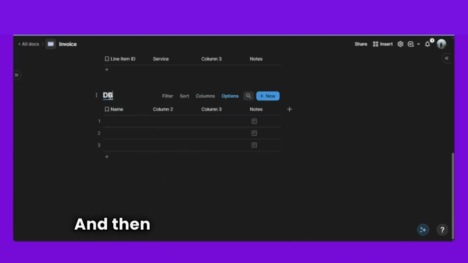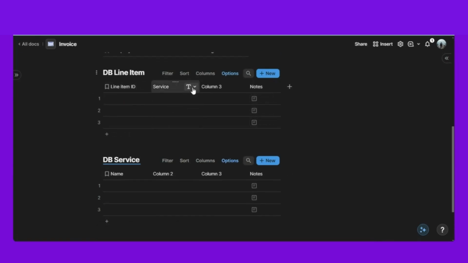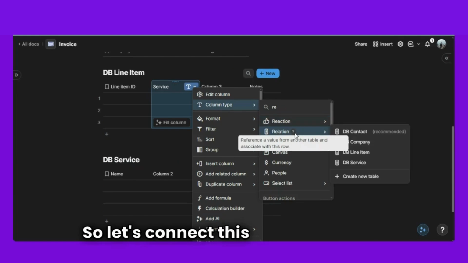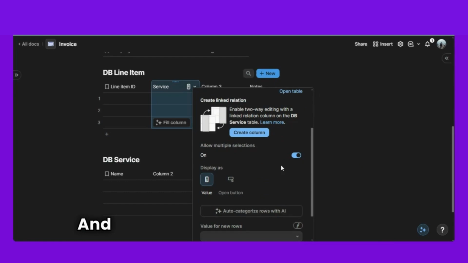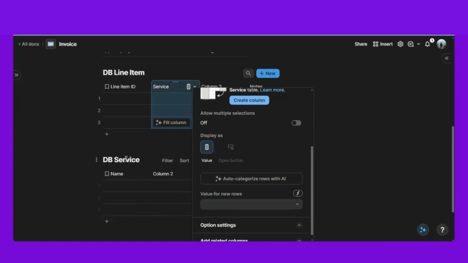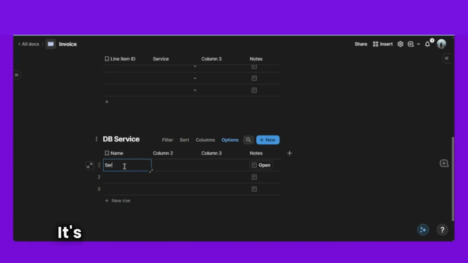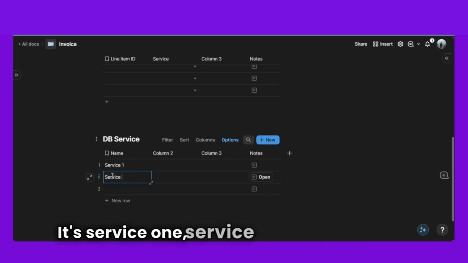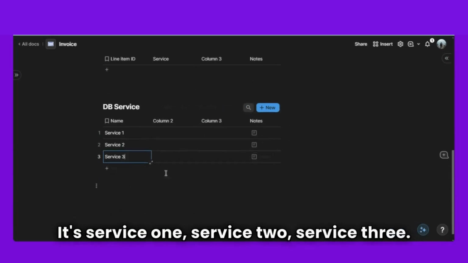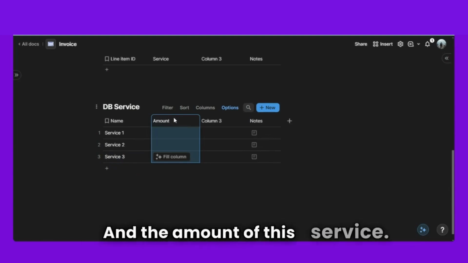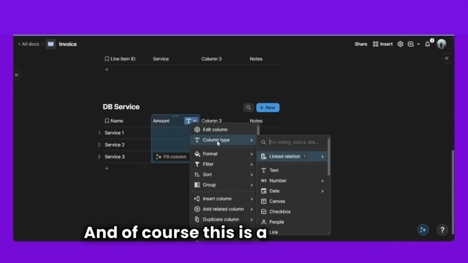db service, and then we connect this with our line items. Each line item has one service. So let's connect this with db service, and we don't allow multiple selection because each line item has only one service. And let's fill in some data here. It's service 1, service 2, service 3, and the amount of this service, and of course this is a currency,